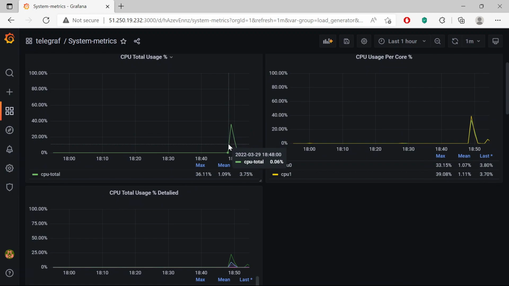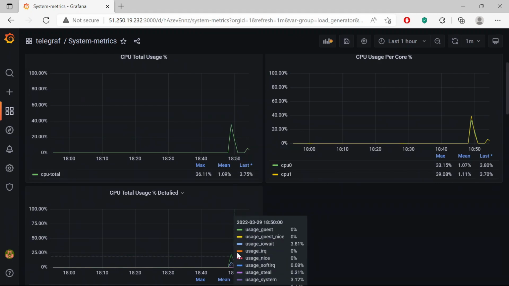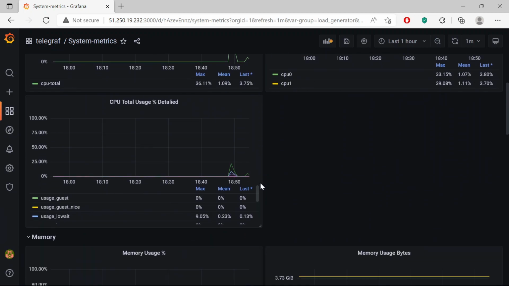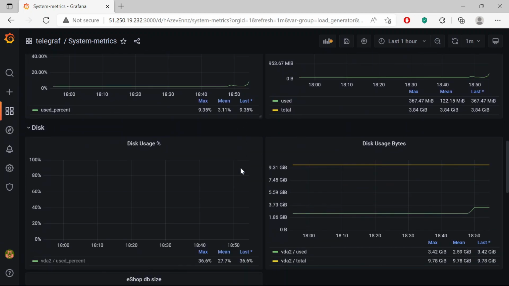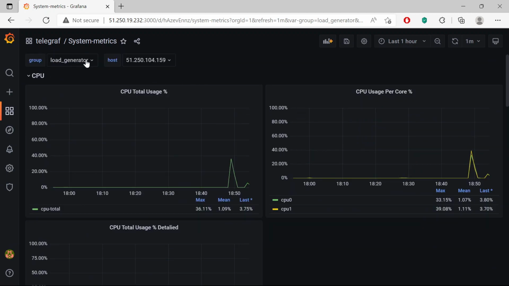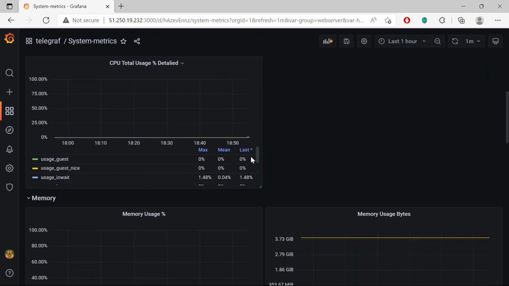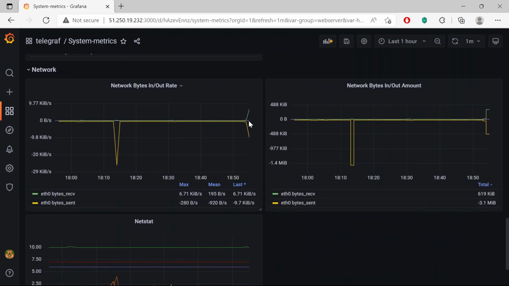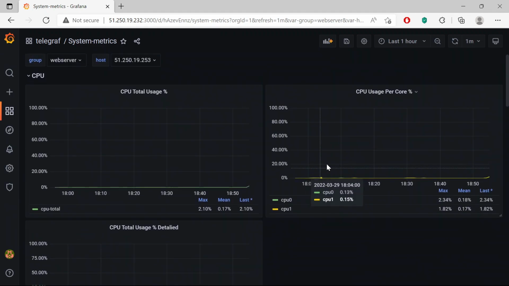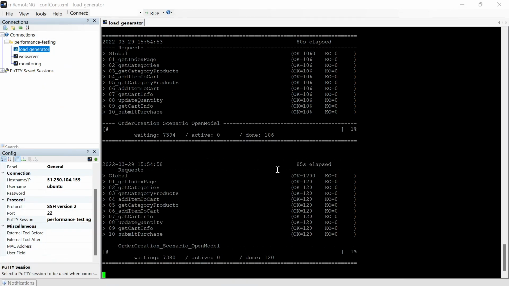Yes, there are changes. For example, the process of deploying a load generator took place in this period of time. And after it, there is an increase in the use of CPU cores, which is caused by our test. Similar changes are for the web server. Now you can stop the test or wait for its completion. It doesn't matter, because in the next video we will launch a new one, analyze the results, and make the first conclusions about the performance of the eShop online store.